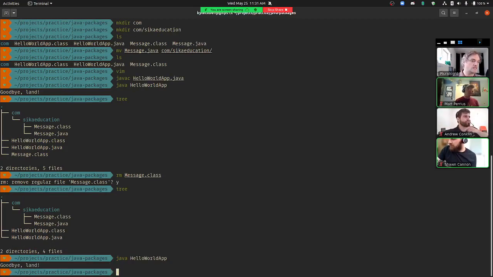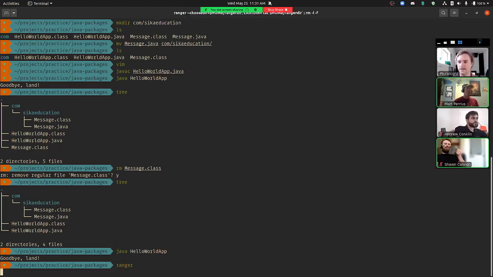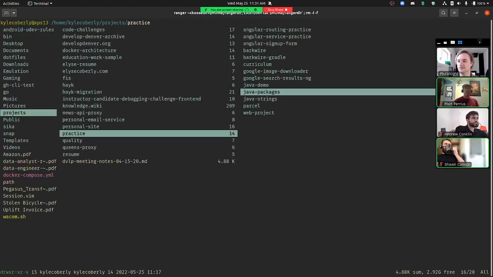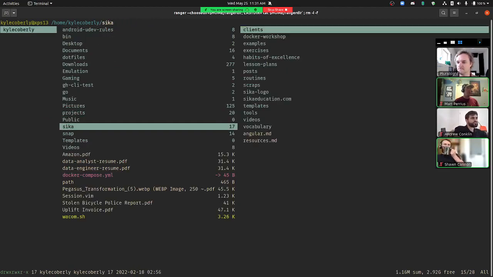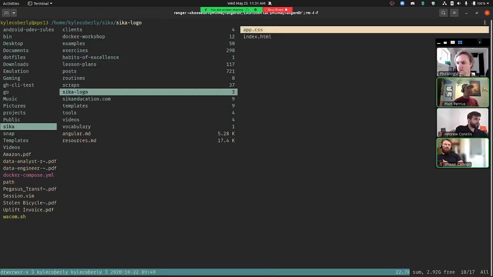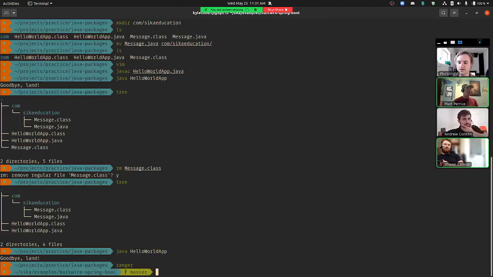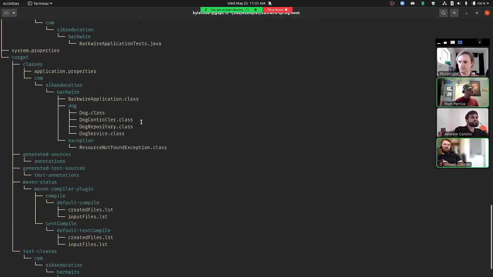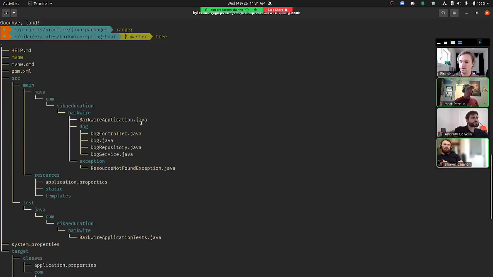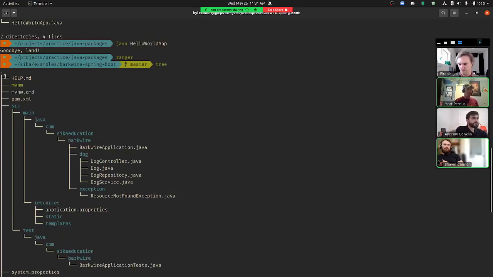So we can use this to clean up our code a little bit. In practice, when we're building an API or something, it ends up looking like this. Okay, so this is the example app in the Spring Boot section. So that's the whole thing. The important part is this.